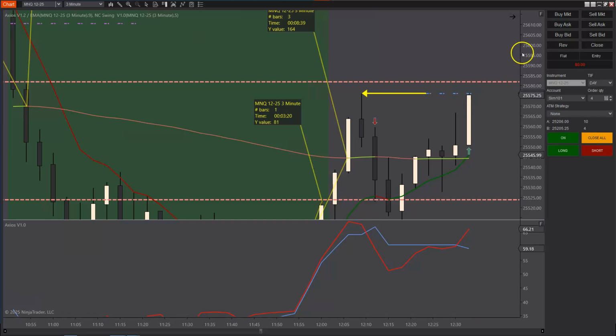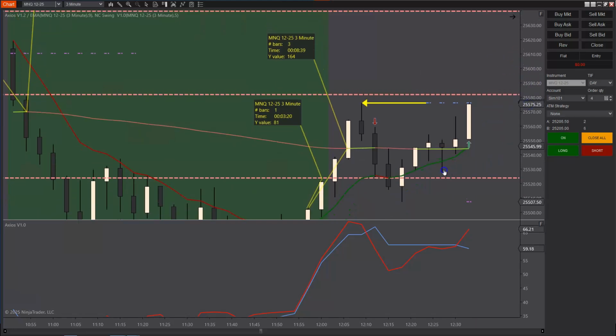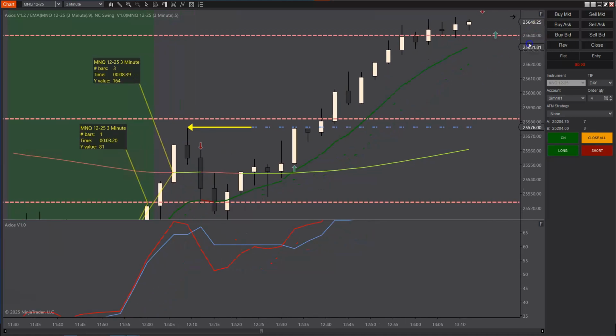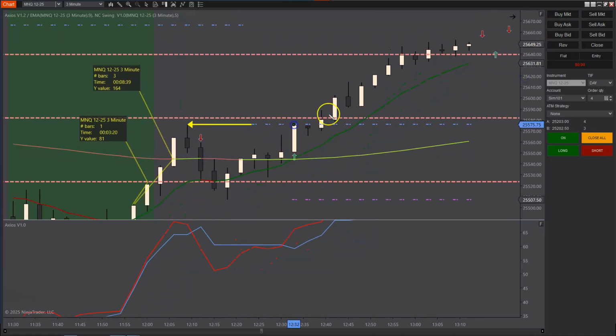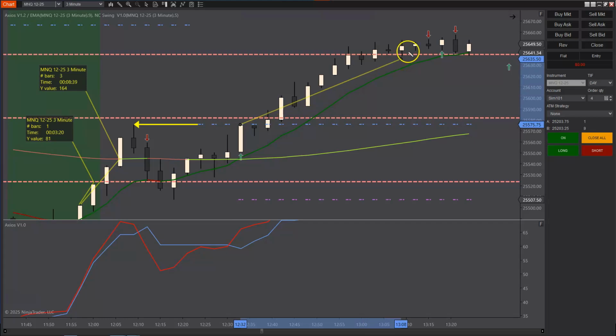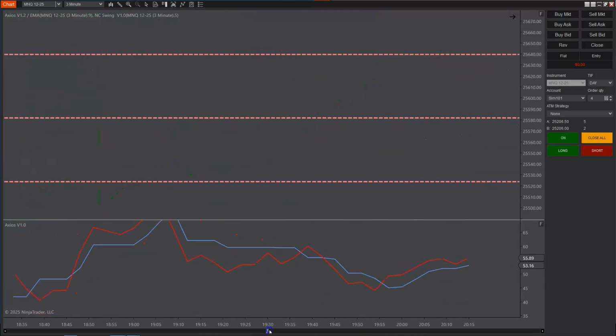3 ticks, which is not great. But your runner would have run with 2 contracts all the way till this red arrow here for 286 ticks. Okay, so let's find another, that's just a little side quest there. Let's find another